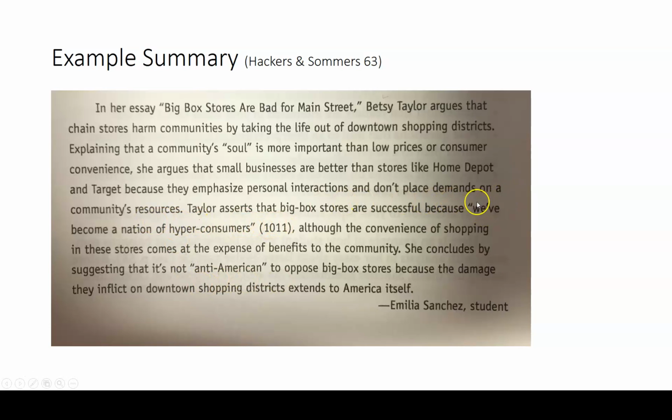Notice here that the writer takes exact language, so it must be put in quotations. Although the convenience of shopping in these stores comes at the expense of benefits to the community. She concludes by suggesting that it's not anti-American to oppose big box stores because the damage they inflict on downtown shopping districts extends